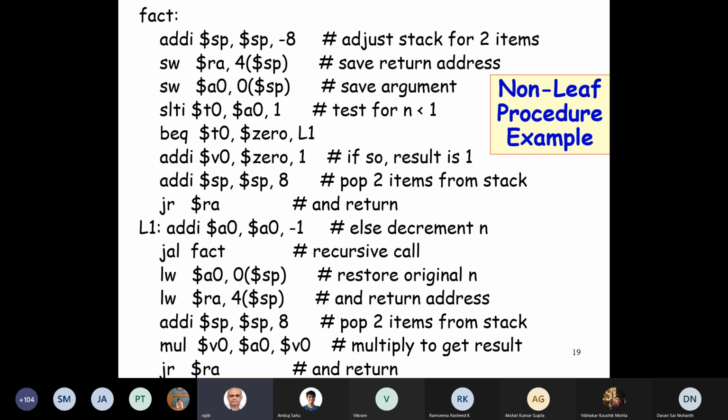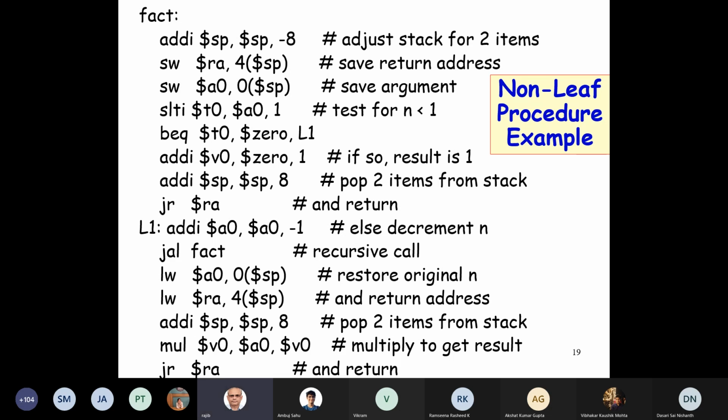And here we have just one argument, and therefore we just store A0 register. We create space on the stack for two values to push, that is add immediate -8, and then we store the return address and A0.